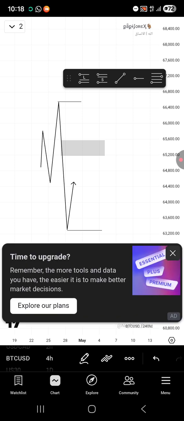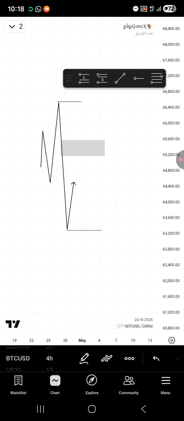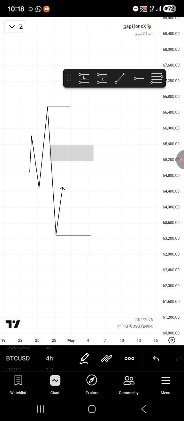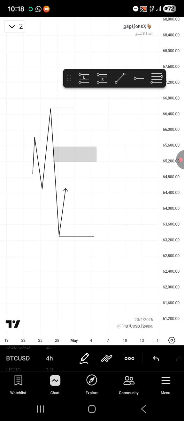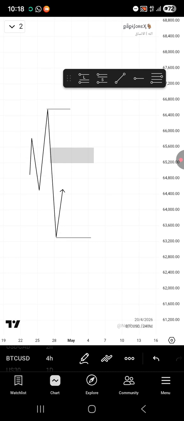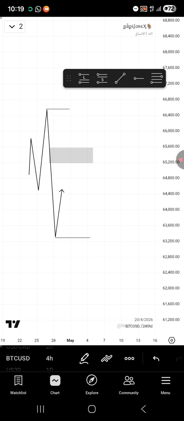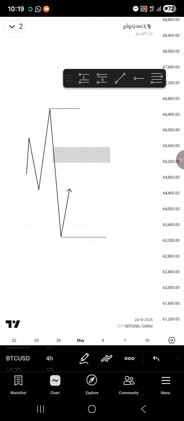we have two ways price moves. Number one, the first way is either to fill a fair value gap, and that's what other people call imbalance. And secondly, either to sweep a liquidity, that is a swing high or a swing low. So that's just how price moves basically. Either to fill a fair value gap or to sweep a liquidity. So for instance now, let us just assume this is a swing high and a swing low that I marked here